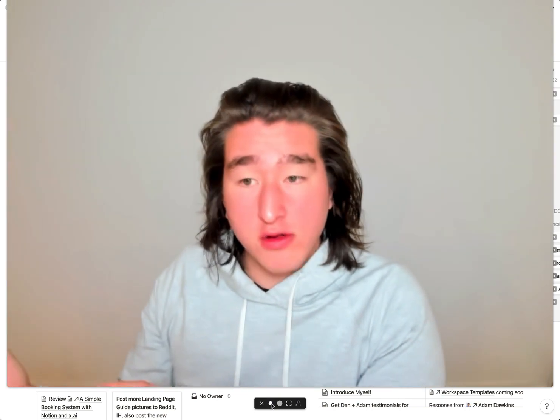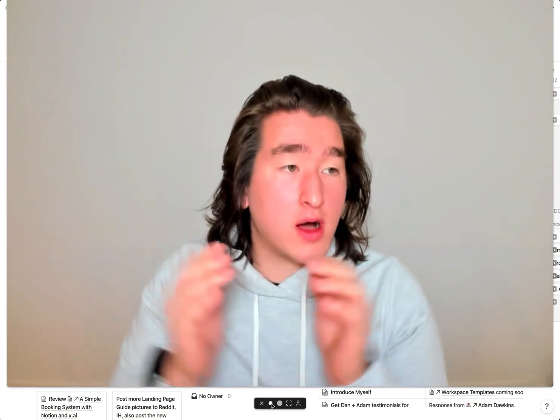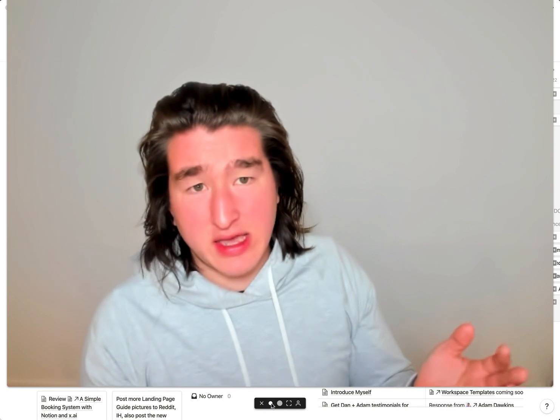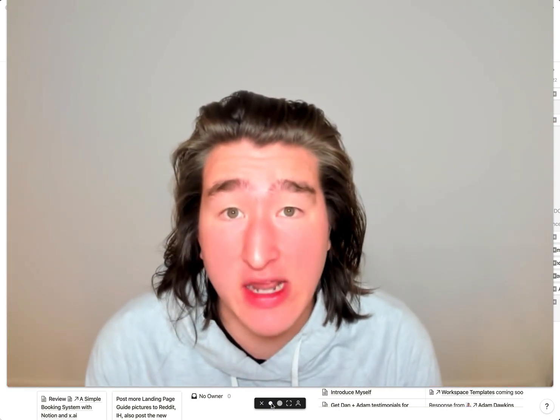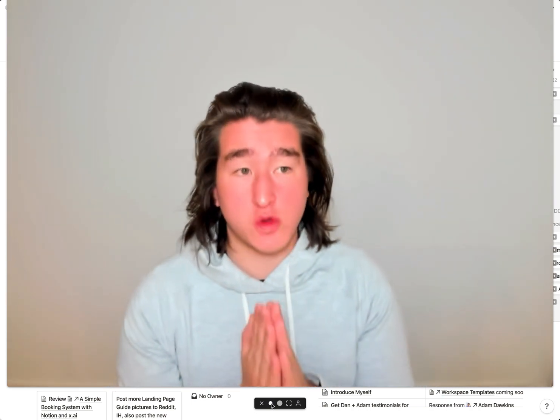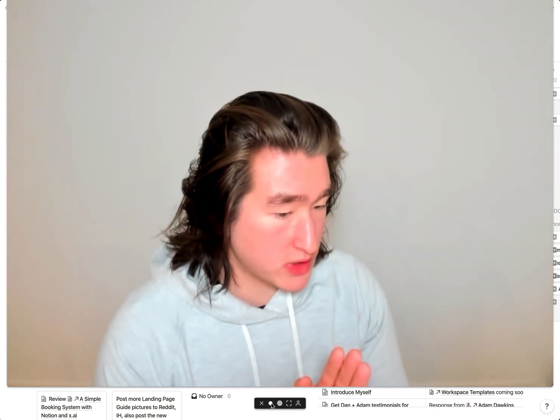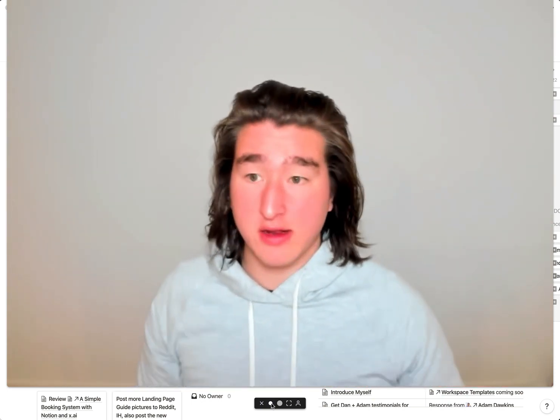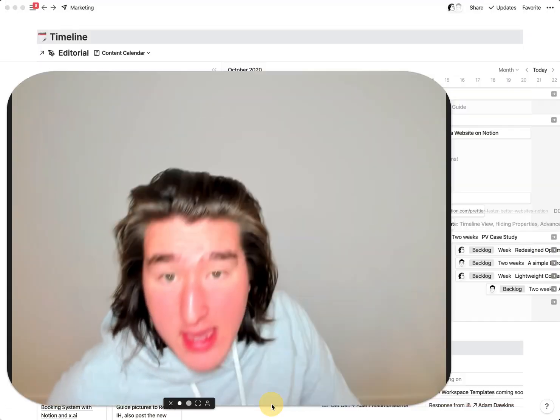Obviously how it looks, how it feels. You can try it on your own, but more interestingly, how we at Optimization have been using the timeline view. And just to clarify, I am part of Notion Ambassadors. That's why we had access earlier and had some time to figure it out. Anyway, so